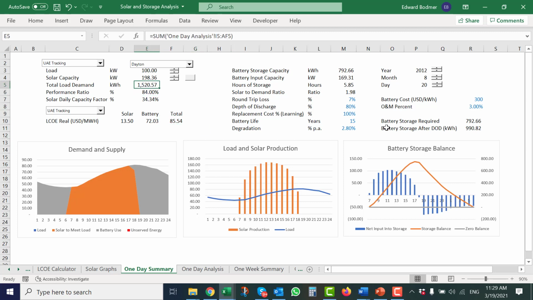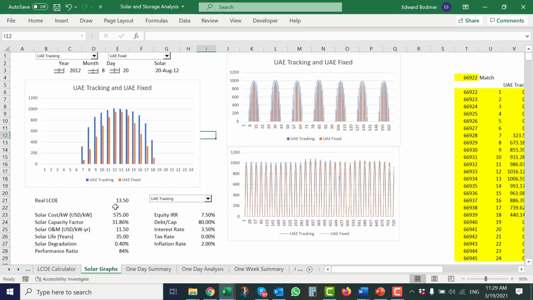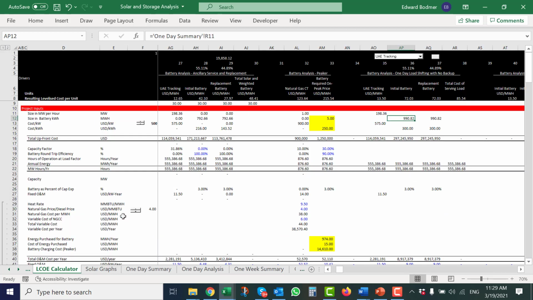You take the total solar capacity, you multiply it by how much you put in as the cost of the solar capacity, and that's what I put in. And then you get the total capital cost right here. And that you divide by the total load, not just the load that's during the day or anything else, just the load. Is that difficult? Here's the total capital cost, here is the total load.